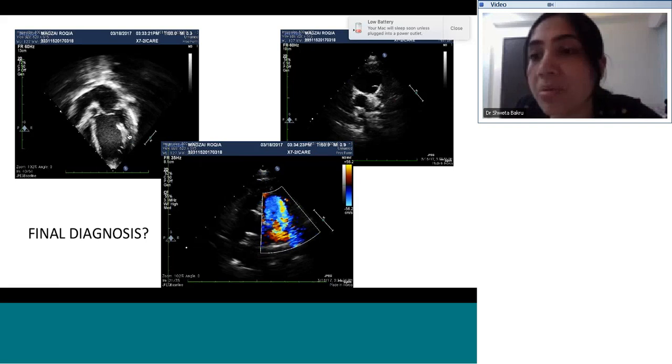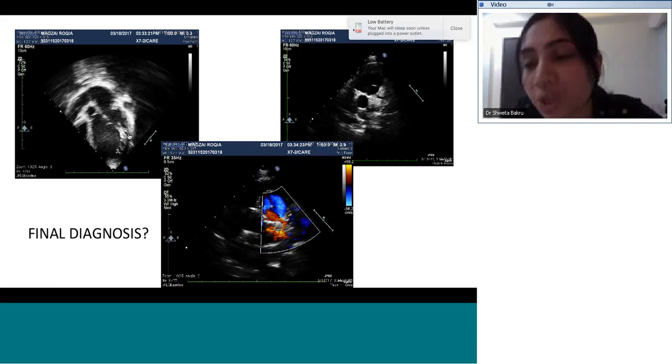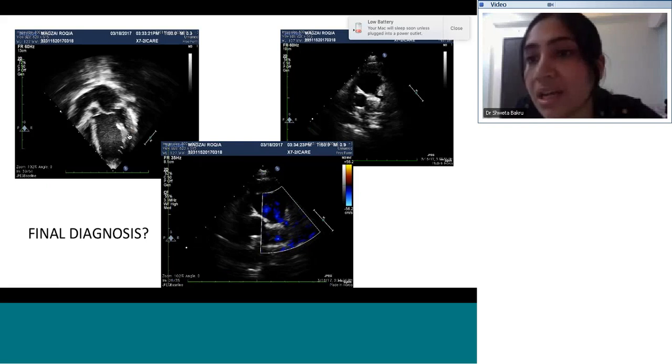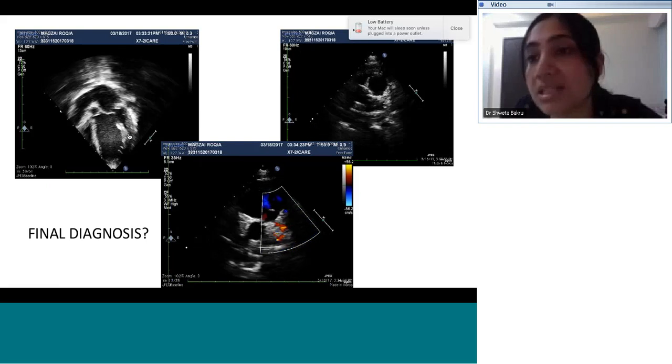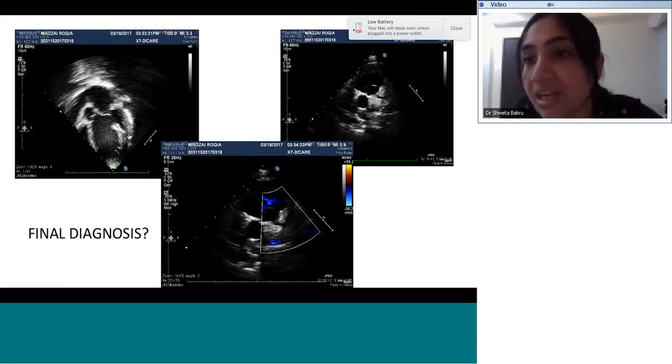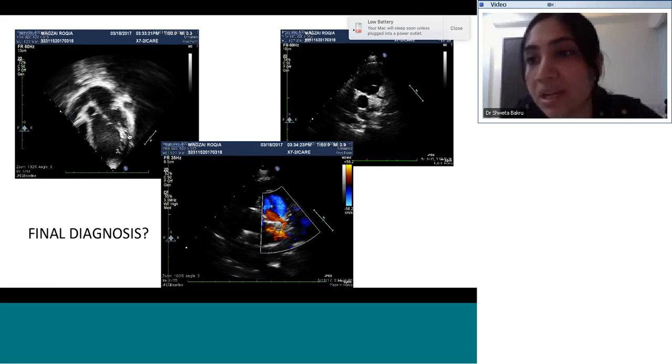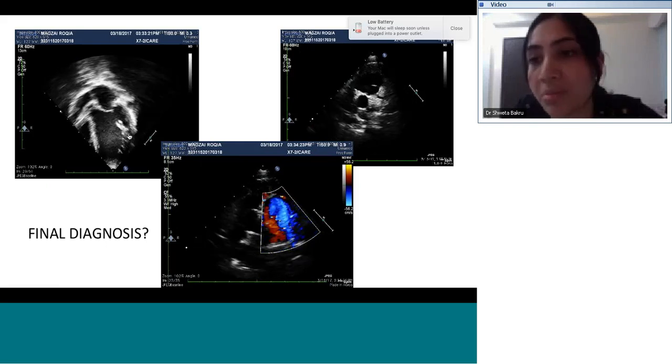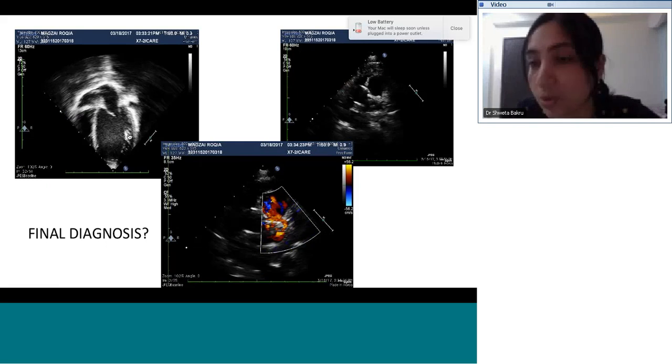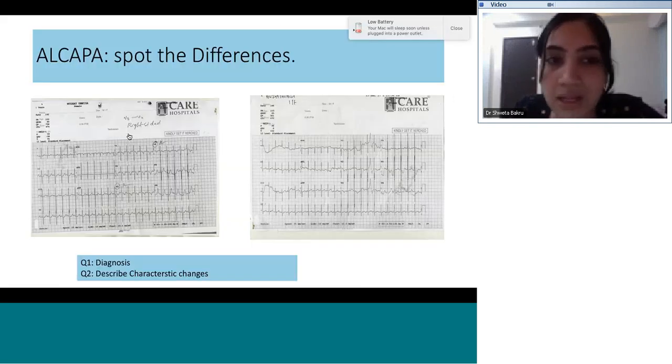And this ECG was probably diagnostic, with Q waves in lead 1 and AVL. I will never put this as a VSD only. Definitely there has to be some other abnormality, especially to carefully look for coronary abnormality if there is a counterclockwise loop. So ALCAPA, now again this is the same ALCAPA.